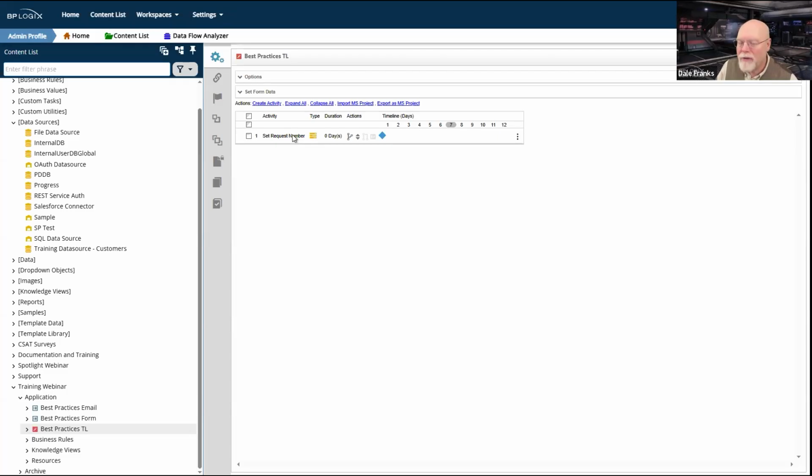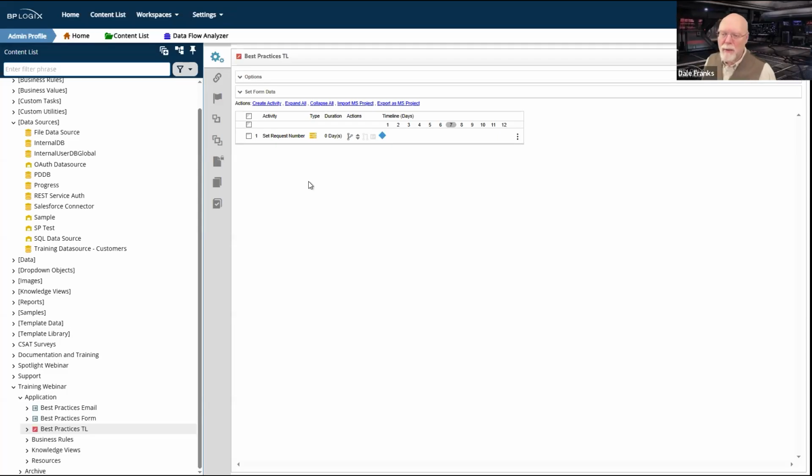Again, I don't have to do it this way. I could, for my very first activity, just use set form data. I don't because A, it's easy to skip that. And B, once you have it set, it is not immediately obvious when you open the process timeline that a request number is being set via a set form data at the very first activity in the process timeline.